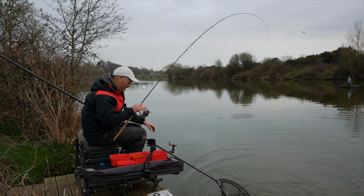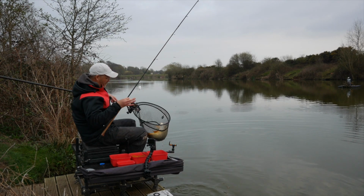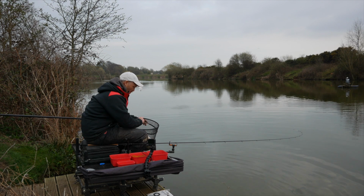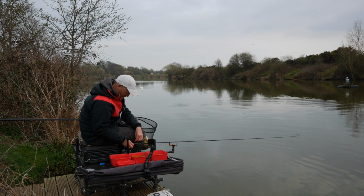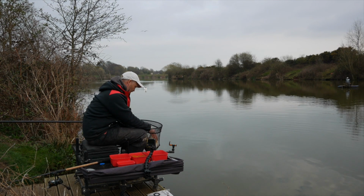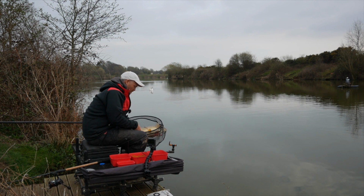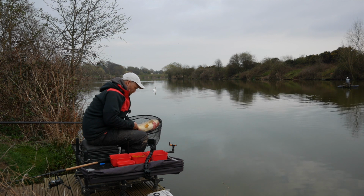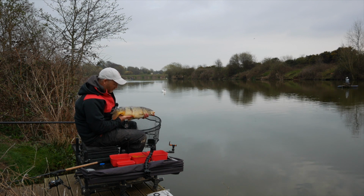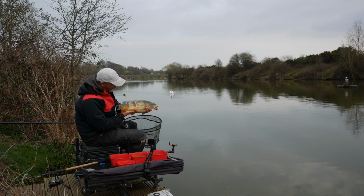A beautiful fish. And you can see there we've had, well, what have we been doing? What have we been fishing for? Maybe 15 minutes sort of thing. And we've had 2 beautiful fish. This fish is maybe £8, something like that. 2 beautiful fish for at least £20. He's got a couple of war wounds on his side, this guy. Other than that, he's a cracking fish. So we've had 2 for £20